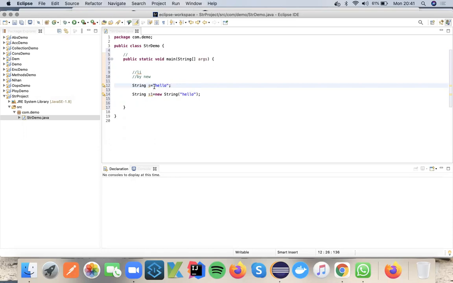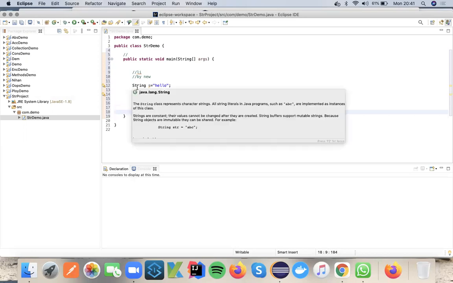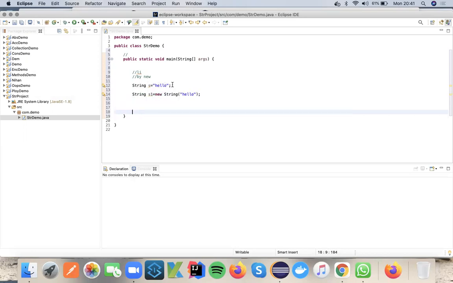But why have we defined it this way? What will happen if I declare using the literal approach, and what will happen with the other approach? When you declare a string in a literal approach, it will be stored in the pool memory. When you declare using the new keyword, it will go to the heap memory.